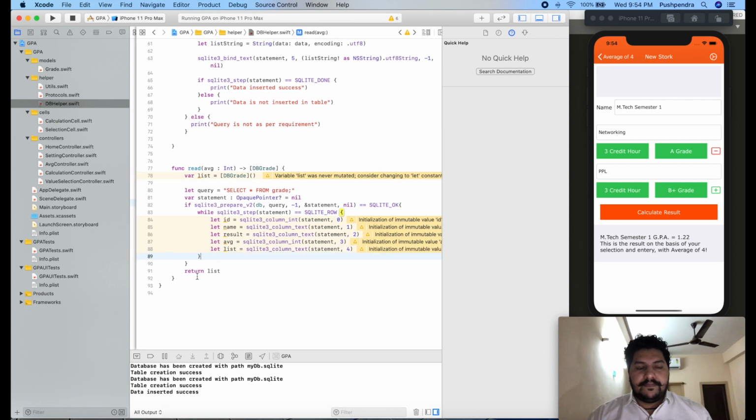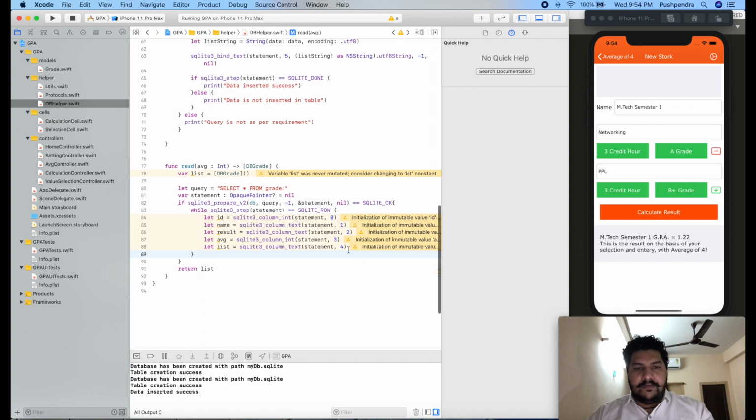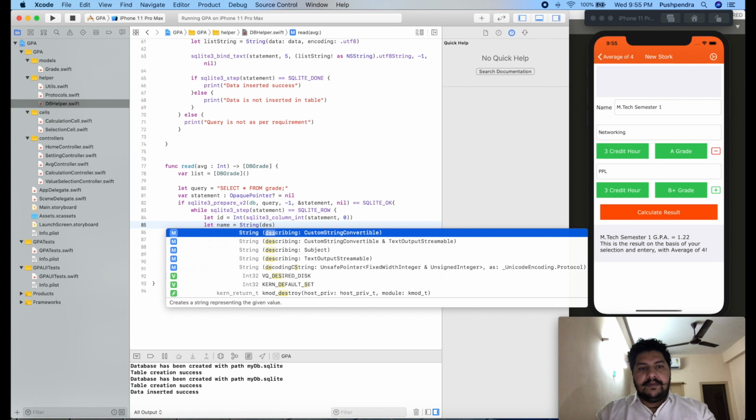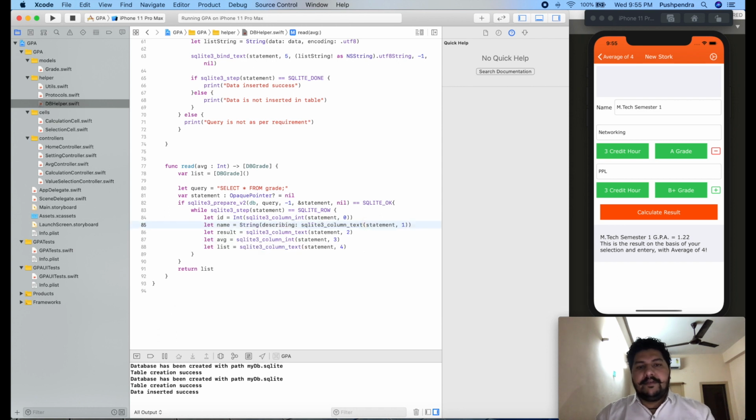So that's it. Now we have to parse this data. This is already an integer, or we can say int. That's great. Same, we have to parse this into string format. Control X, Control Z. Now what I'm doing is parsing this data as per our requirement, with String describing, from here we will parse.